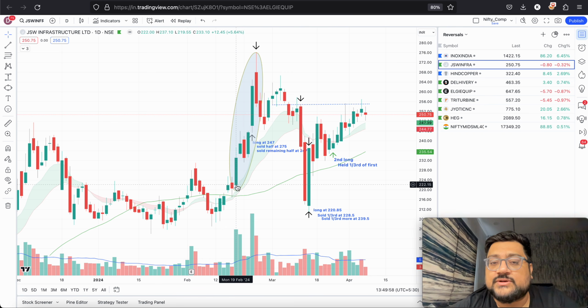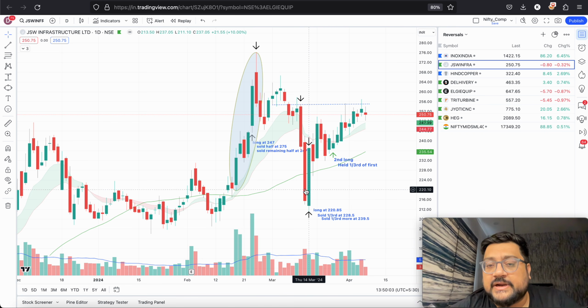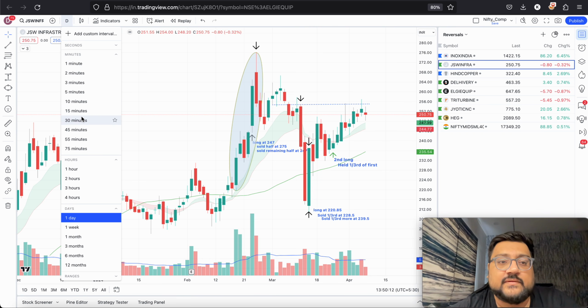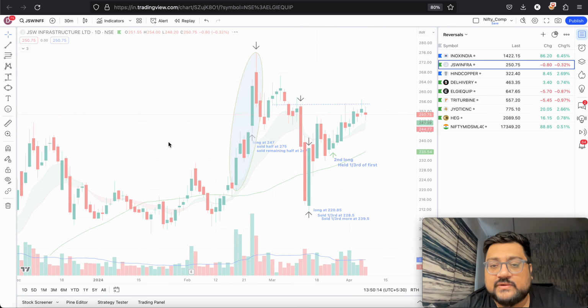So if they started to show you the urgency around 220 odd levels, you also want to play, right? You also want to be part of that move. So I did not buy it immediately, and I have shared it on Twitter also, how it looked on a lower time frame, right? So if you look at this particular bar,